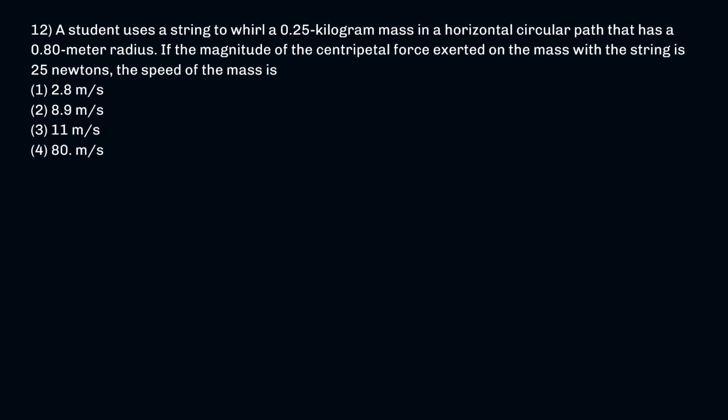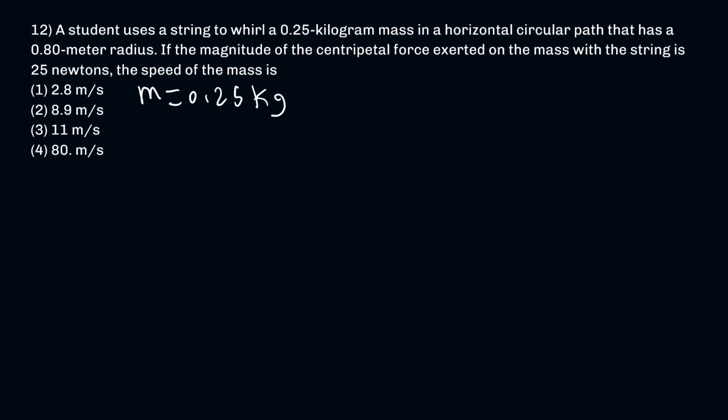So example number 12, a student uses a string to whirl a 0.25 kilogram mass in a horizontal circular path that has a 0.8 meter radius. If the magnitude of the centripetal force exerted on the mass by the string is 25 newtons, the speed of the mass is. All right, so what I'm given here first is a mass. So I have a 0.25 kilogram mass. So I have mass here is equal to